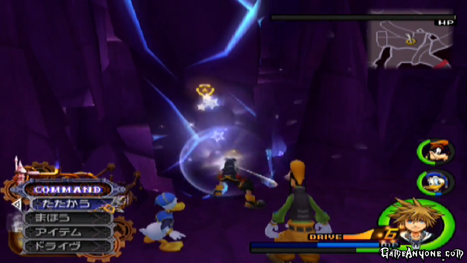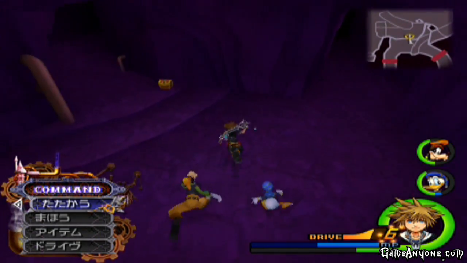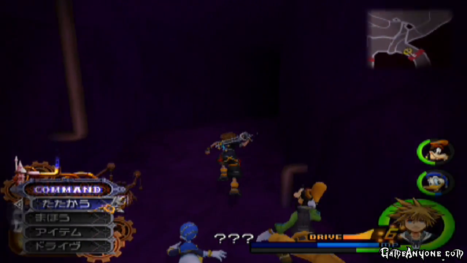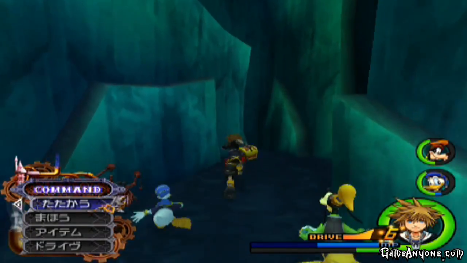Right. What is the worst drop rate in this game? Probably the Nobody Guard. What is that? Like a 1 in 38 chance. Is that for like Goofy? Yeah, that's for Goofy. Anyway, that chest right there contained a Remembrance Gem, and we got some other chests right here,